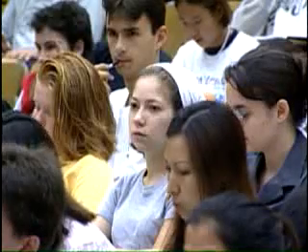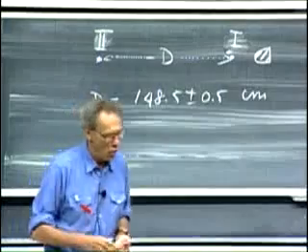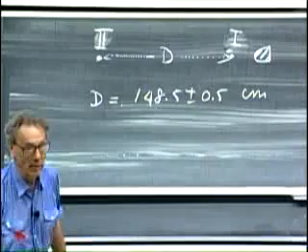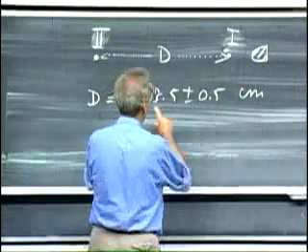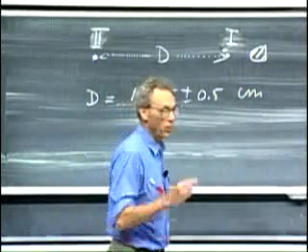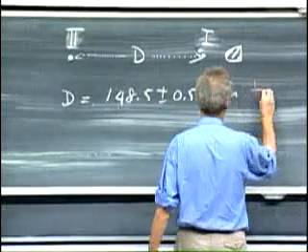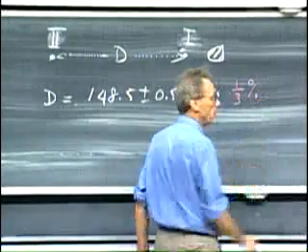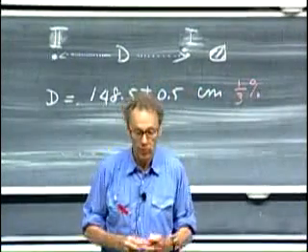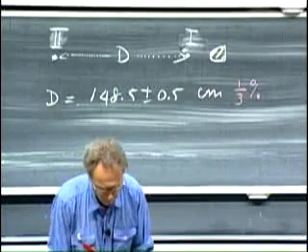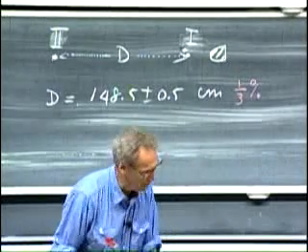I want you to appreciate that this is a very small percentage error. This is only 5 parts out of 1,500. That is 1 out of 300. So that is only a 1/3% error. That's very small. That's what we call the relative error. Then I ask myself the question,